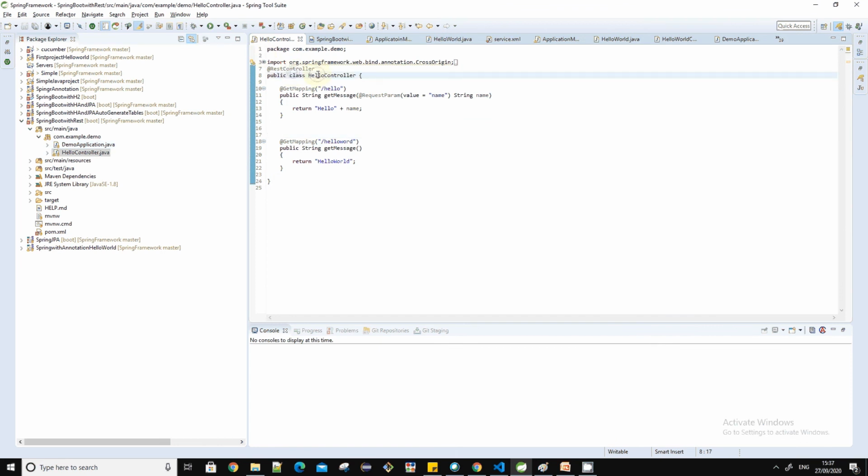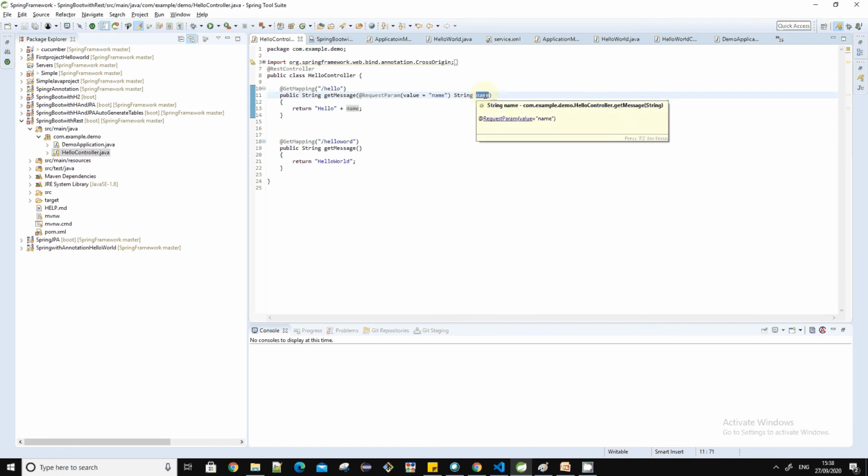So here when the controller is get created, you have to mention the @RestController on it, so the Spring would identify that it is a Spring Web Service. Then whatever the mapping you want, they have provided different kind of mapping, @GetMapping, @PostMapping. So we are here using the @GetMapping, and we have created a web service with /hello, and we are passing the request param as well, that is a name. So whenever somebody passes the request param, it would get passed as a name, and it will get mapped with this variable, that is a name.